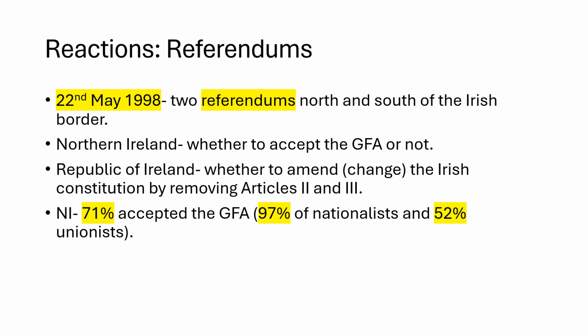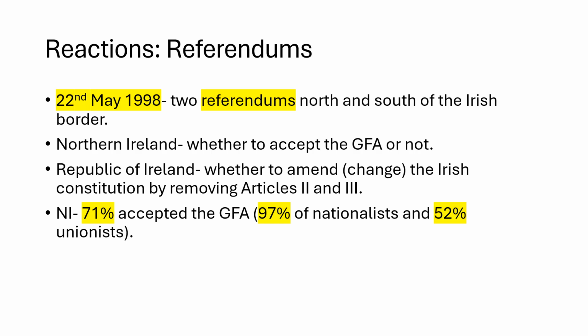Both are successful, I should point out. In Northern Ireland, 71% or 71.12% to be precise, of people accepted the Good Friday Agreement. 97% of nationalists voted yes. 52% of unionists voted yes. So what you can see there is you've got more than 50% of both nationalists and unionists, but I think